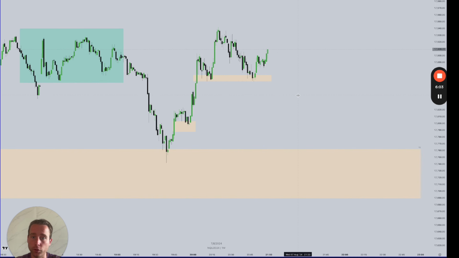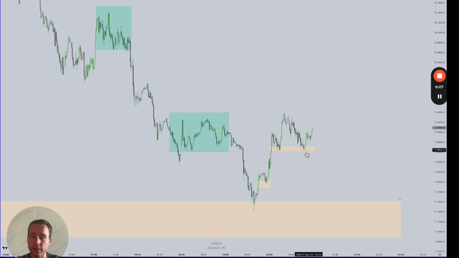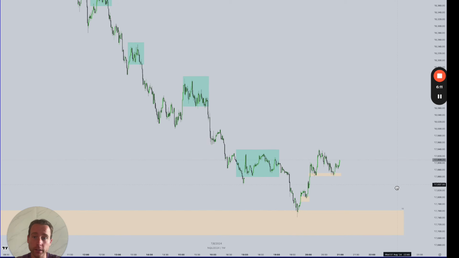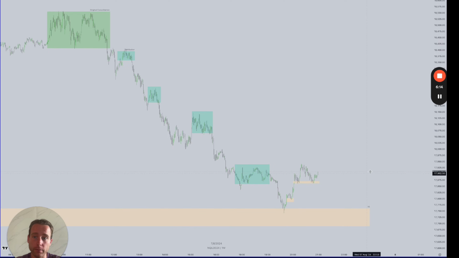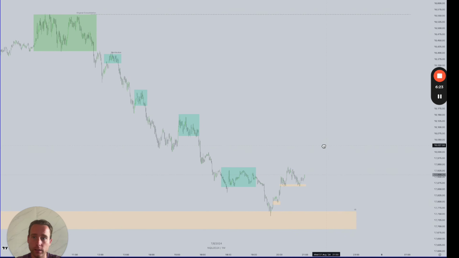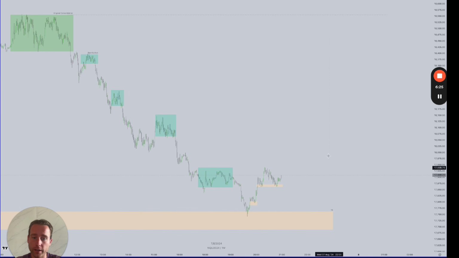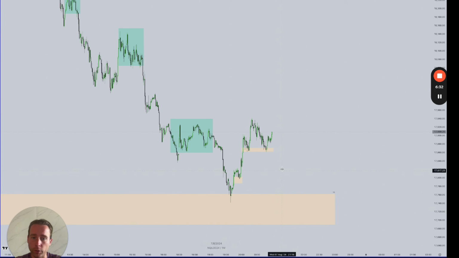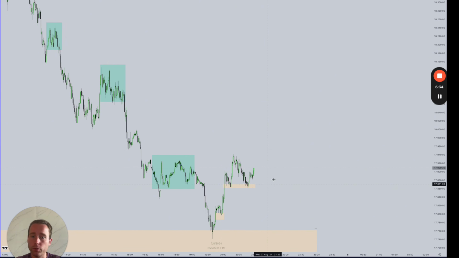Value gap 2, multiple times. And when you see this second value gap holding, that should be your green light that we probably are going to hunt for a market maker buy model with the target, the original consolidation. This is our money point, our liquidity point. So we want to take a trade somewhere in the buy side of the curve towards the target of the original consolidation. And what you will see here is that we do a few stages of accumulation until we reach